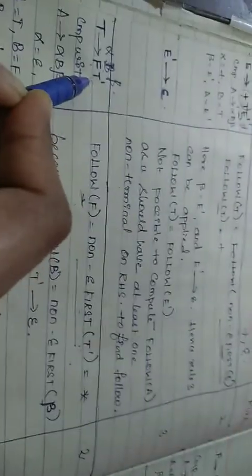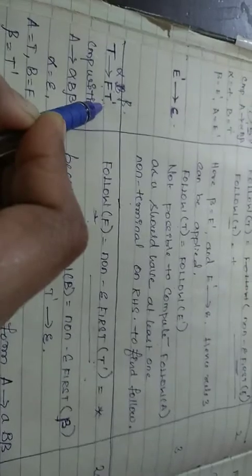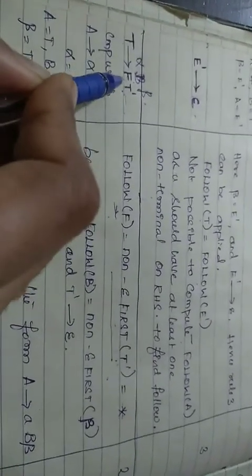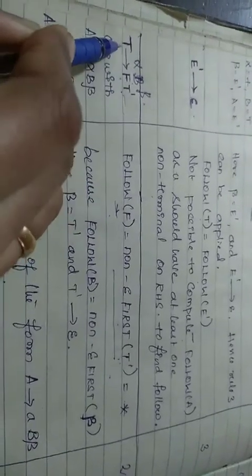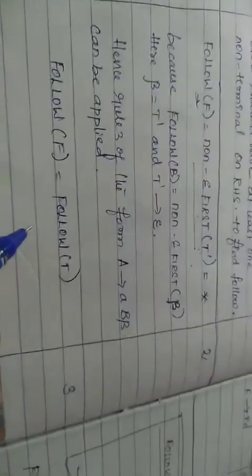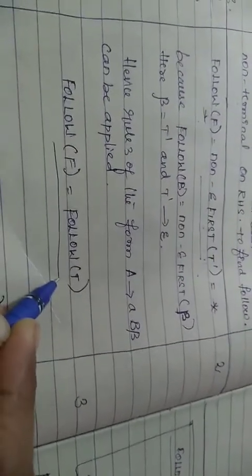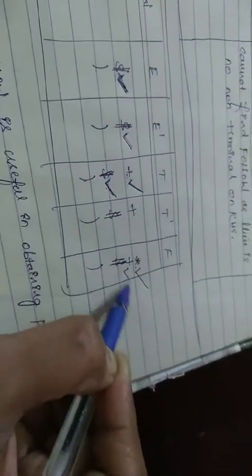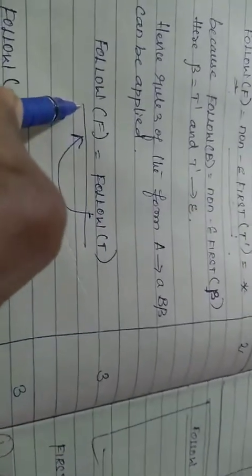Okay. Now since T dash is a prime, you had a definition for T dash in the grammar given. T dash gives epsilon. Since it has an epsilon definition, follow of B equals follow of A. What is A here? T. So follow of F equals follow of T. Whatever is there in T as of now, plus and then dollar, will go to F also. Whatever is there in follow of T will go to follow of F.